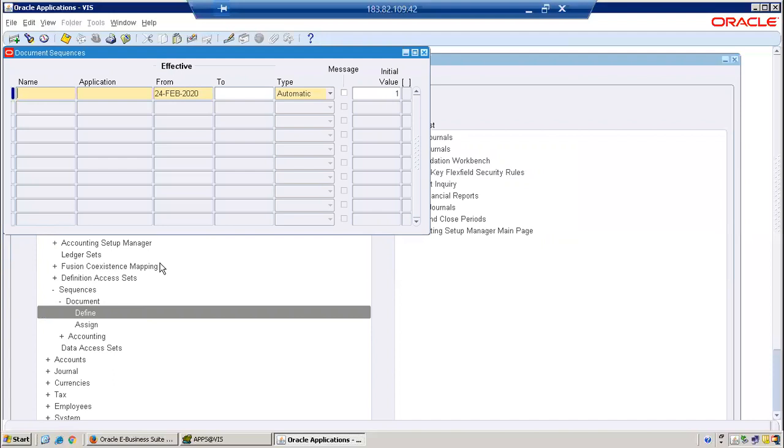So I'll just use the naming convention. Maybe I'll just say ARV underscore doc underscore sequence, and you can set up your document sequence for different applications: general ledger, accounts payable, accounts receivable, and so on. So first I'll try with general ledger, and from which date you want this sequence to be effective. I'll just say 1st February 2020,